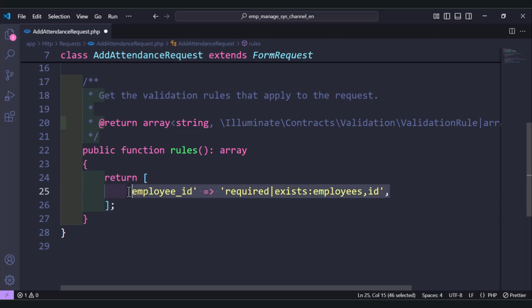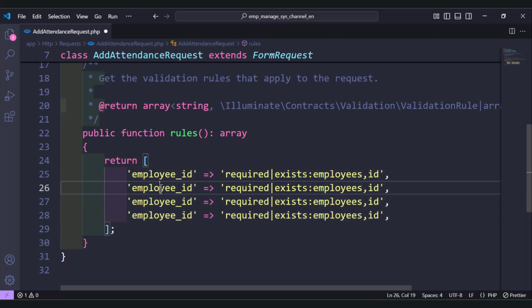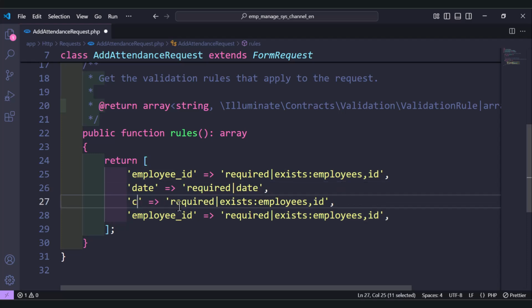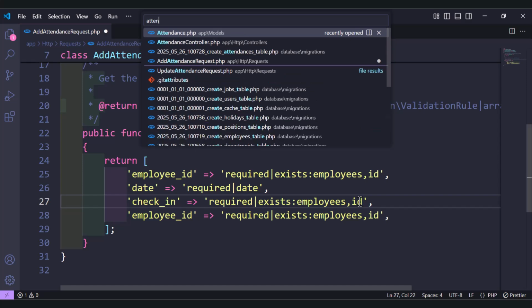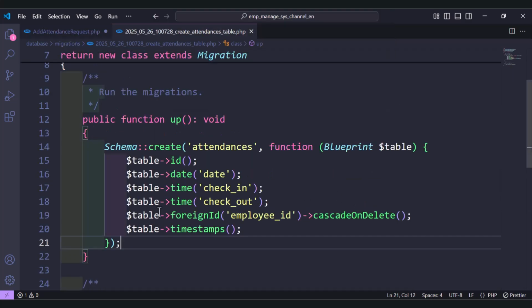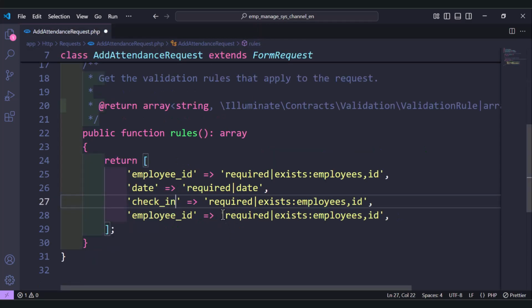Next, what we have? We have the second field, which is the date, and date is required and needs to be a date. And next, we have the check in. Let's move to the table, which is the attendance, the check in. The check-in and check-out are required. Check-in is required and needs to be date format,